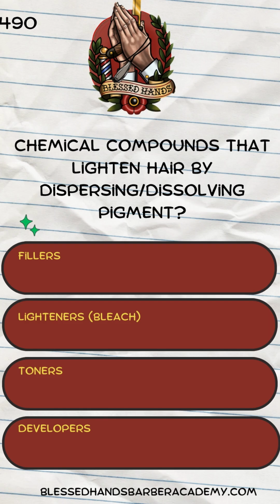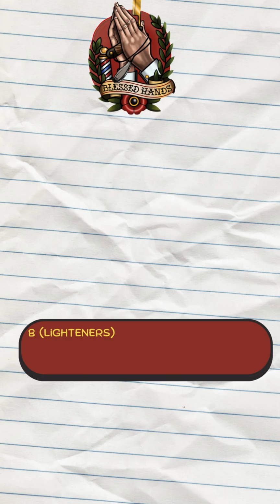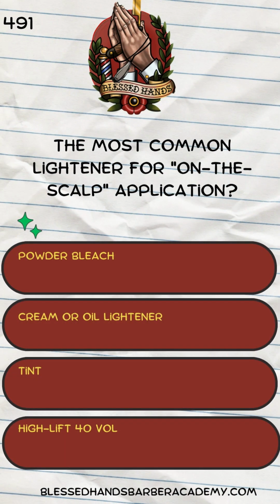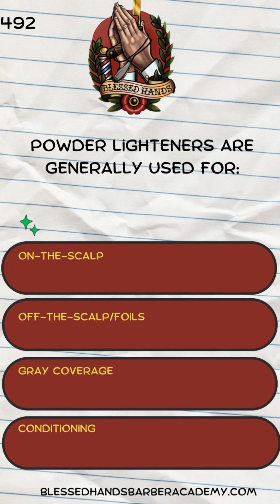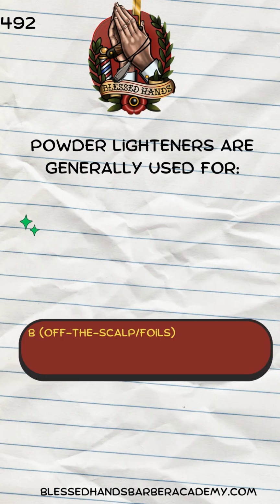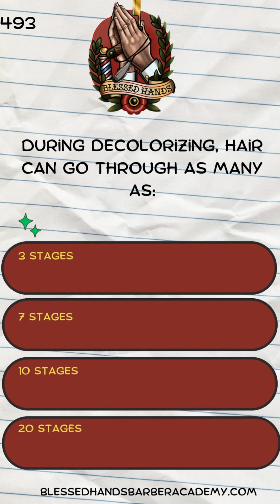Fillers, lighteners, bleach, toners, developers. B. Lighteners. The most common lightener for on-the-scalp application. Powder bleach, cream or oil lightener, tint, high lift 40 volume. B. Cream or oil lightener. Powder lighteners are generally used for on the scalp, off the scalp/foils, gray coverage, conditioning. B. Off the scalp/foils. During decolorizing, hair can go through as many as 3 stages, 7 stages, 10 stages, 20